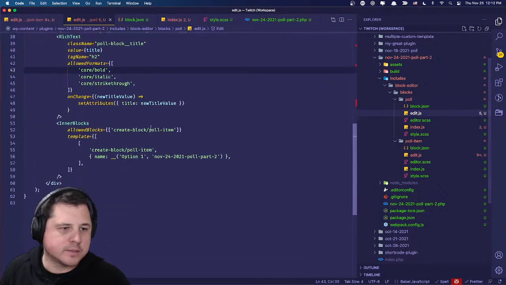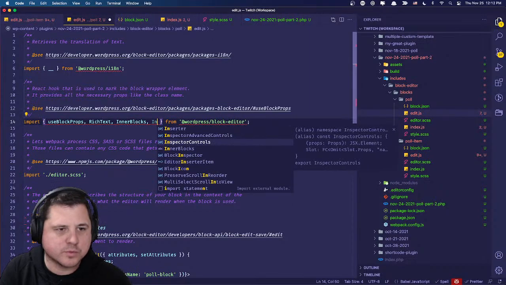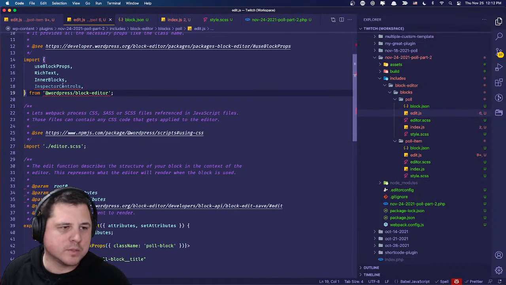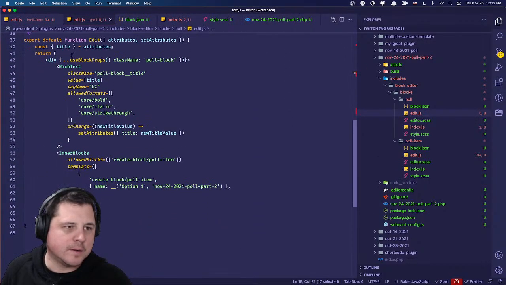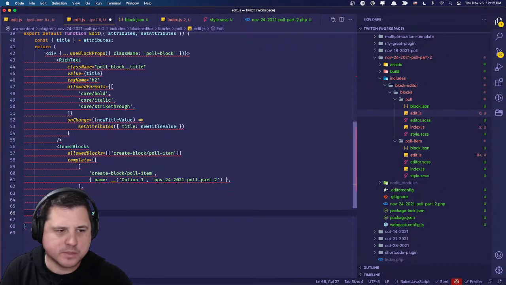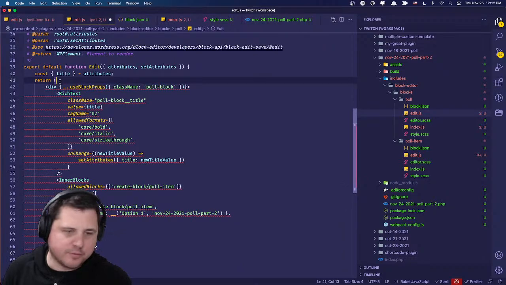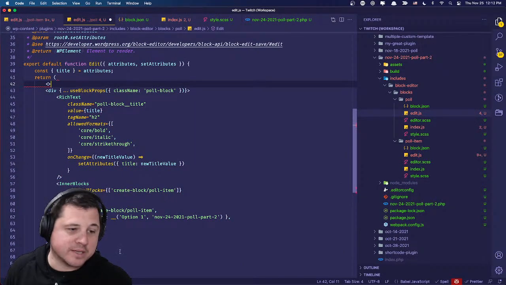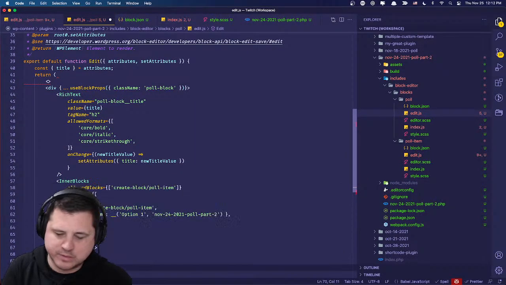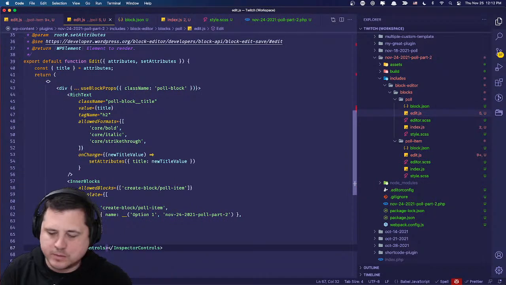So in our edit state again, now we have to get into some inspector controls here. I like to put them outside of my markup. It doesn't really matter where you put them because inspector control is a slot fill. And a slot fill can be placed anywhere because it actually gets rendered somewhere completely different. I just like to keep it out of the way of my markup here. So in here,